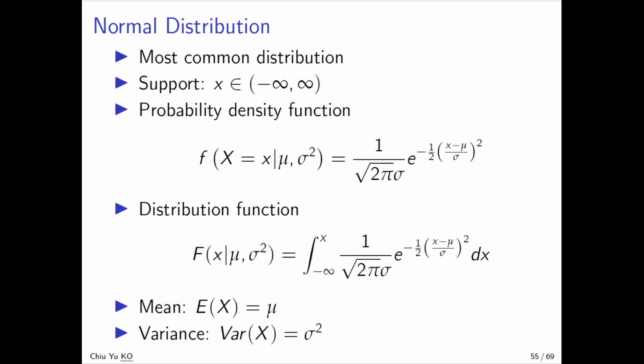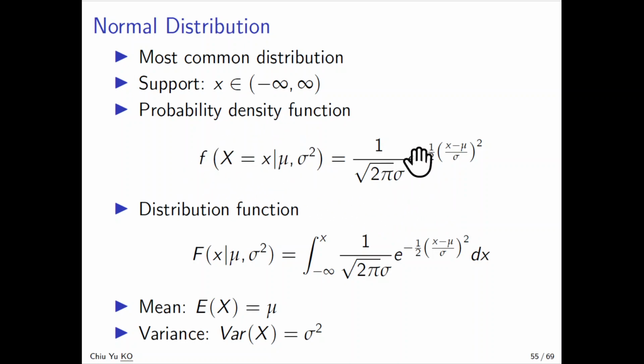So the probability density function is rather complicated. You can see this has to be characterized by two different parameters, mu and sigma square. Mu appears once, sigma appears twice, and you have pi, you have e. So it's a rather complicated, rather clumsy distribution. But if you look at the next slide, you will see this is a bell-shaped curve, so nothing very